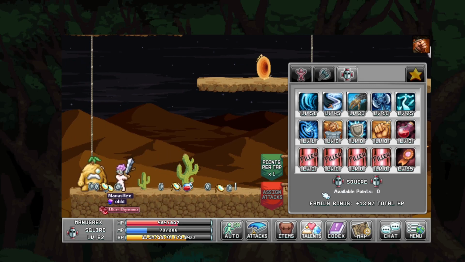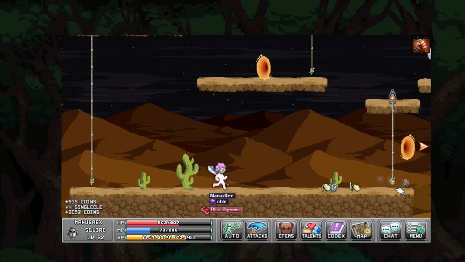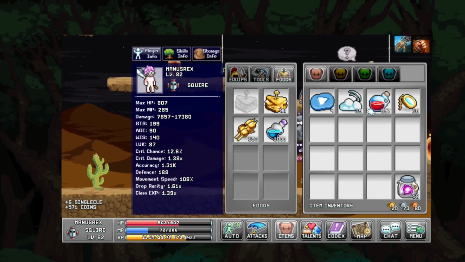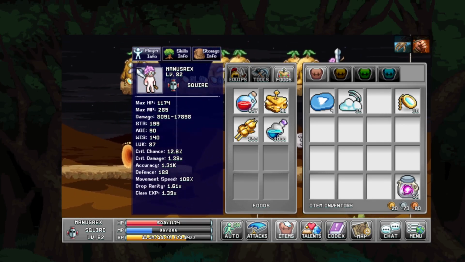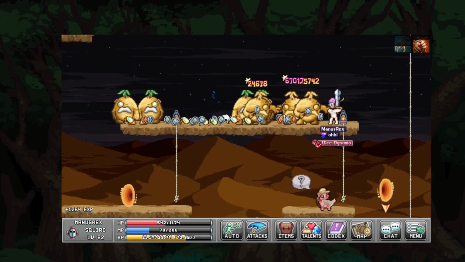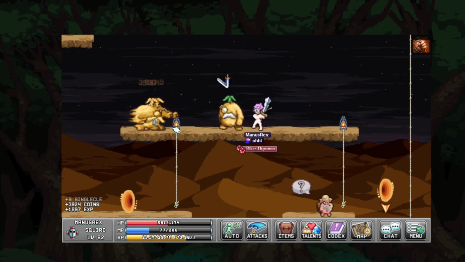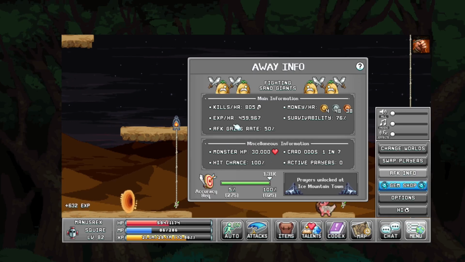That's not too big of a mistake, considering this is where food comes in. It's not a big deal, considering I can go over here and equip that and immediately get the 1,174 hit points that I need. However, it means that I'm relying on food to survive. Granted, these things are easy to grab, and if I go down to AFK info, there we have it,